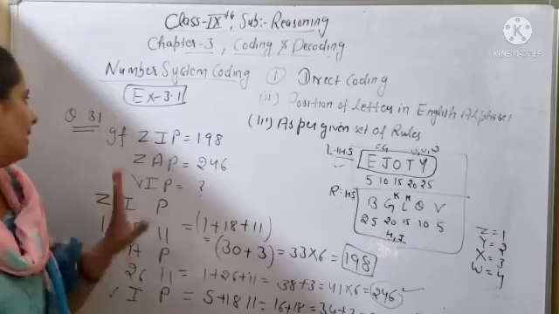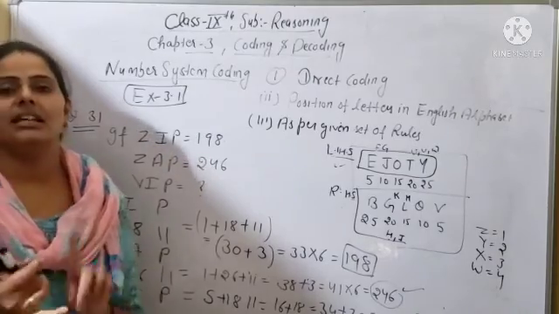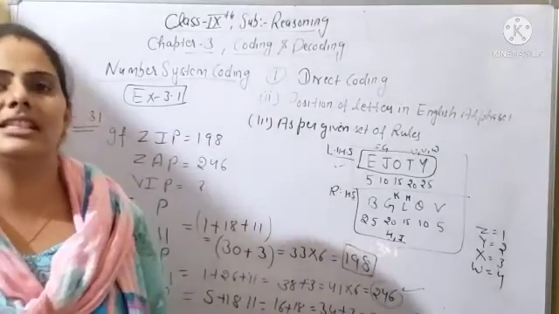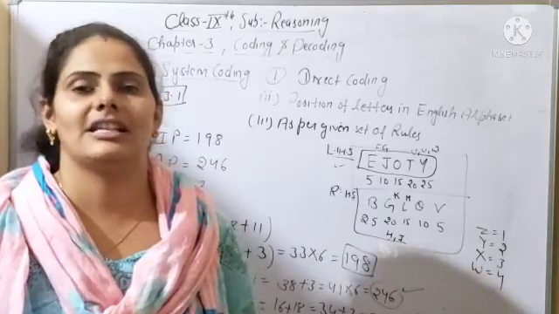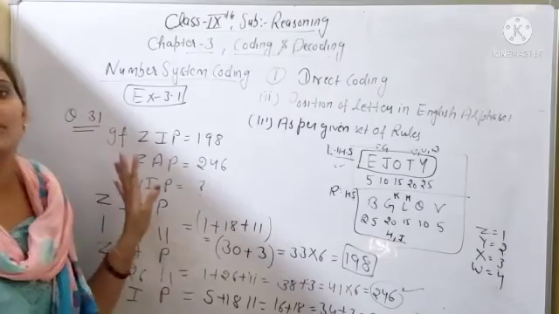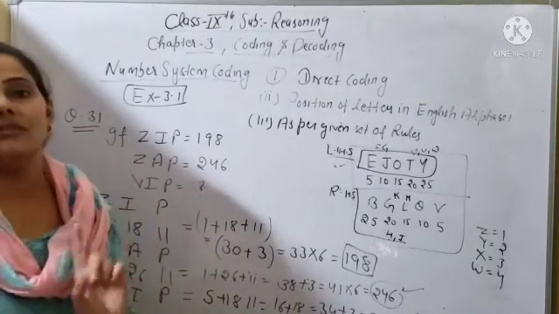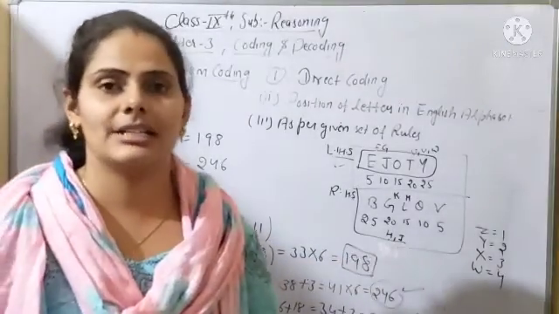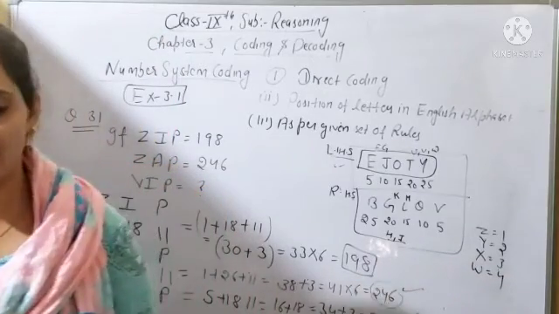You will complete the questions up to question number 31. The remaining questions, 32, 33, 34, 35, I will explain better in our next video. Till the 31st question you have to complete in your fair notebook. And if you have any doubt, please join the Zoom class for the doubt session tomorrow. Clear? Thank you so much, students.